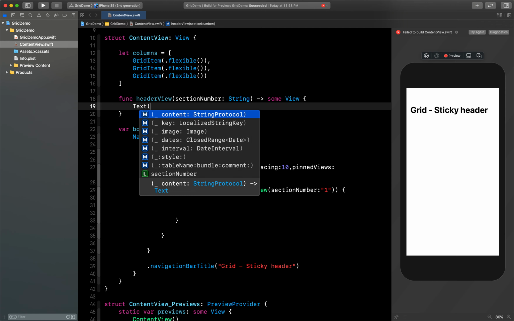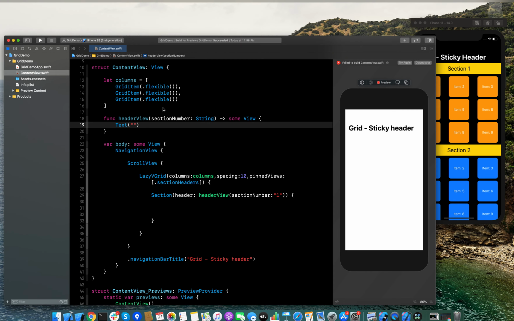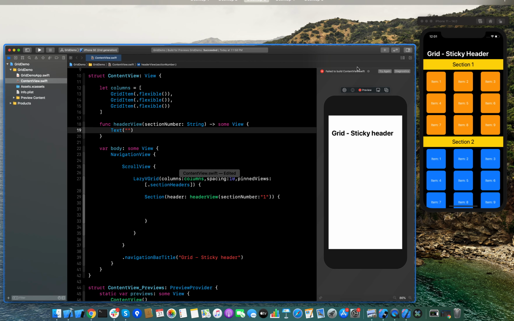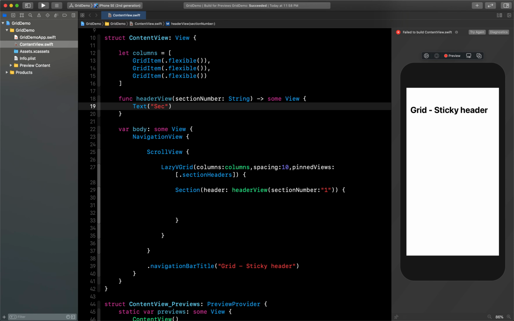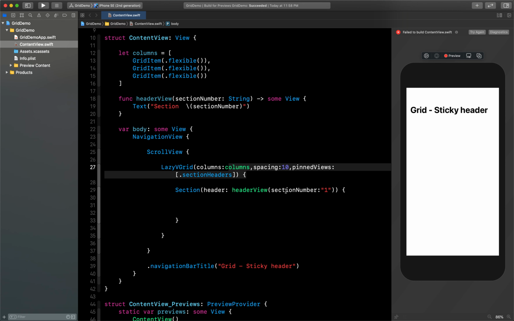I am going to return text here, and this text will be nothing but section and the section number. So I will say section and space, and then string interpolation, and I will pass the section number which is passed here. First I will pass 1, so it will print section 1. Next I will pass 2, then it will print section 2.